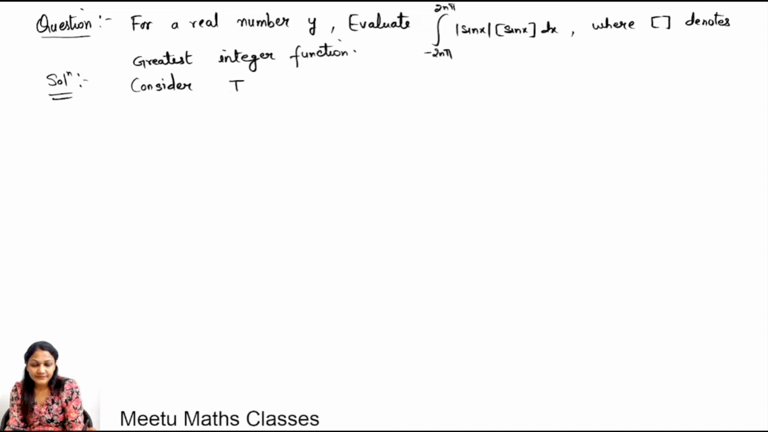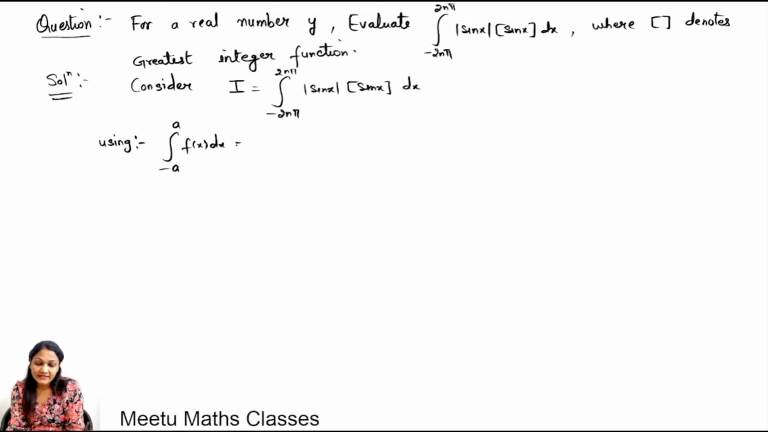I is equal to the integral from minus 2n pi to 2n pi of modulus of sin x into greatest integer function of sin x dx. Now there is a property of definite integrals, and the property says you can integrate between minus a to a f(x) dx as integral 0 to a of f(x) plus f(minus x) dx. Okay. Now using this property,